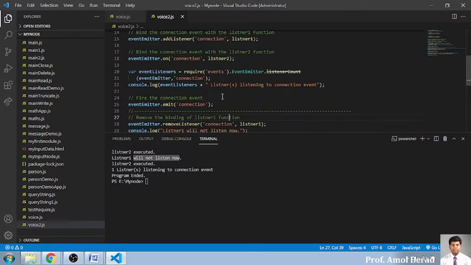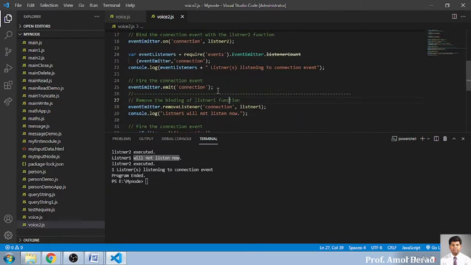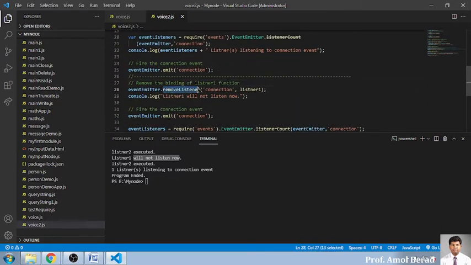For now it will not, because we have not added it over there. And then after that, if you want to remove it, you can go for removing the listener. After removing listener 1, listener 1 is not being connected, so you will be getting only the output of listener 2 in this application, and we are ended with the program.